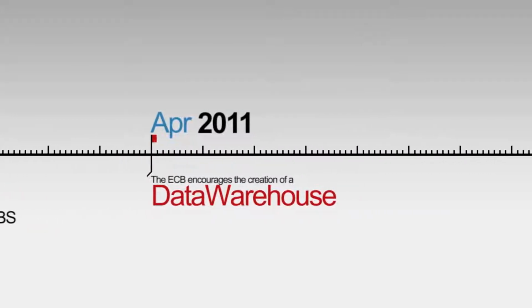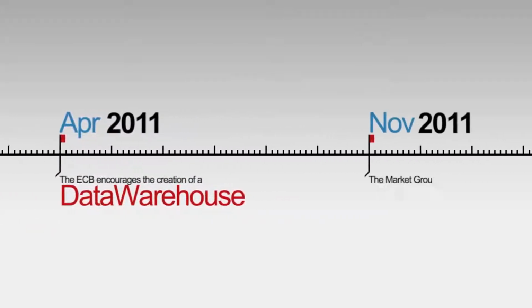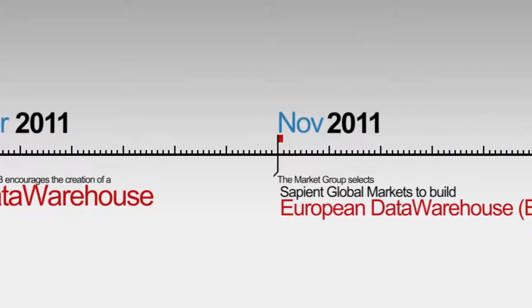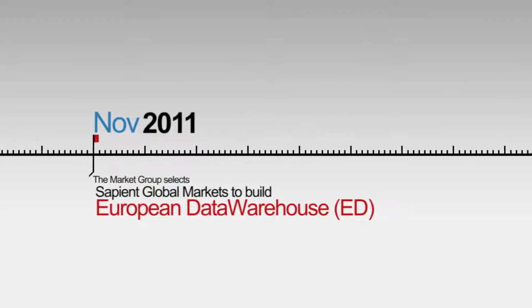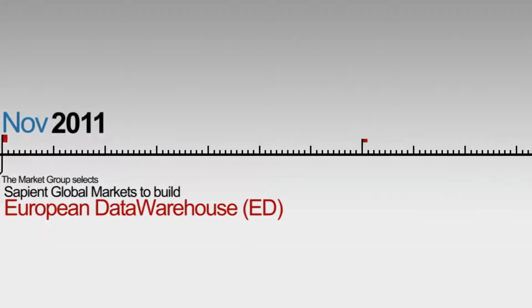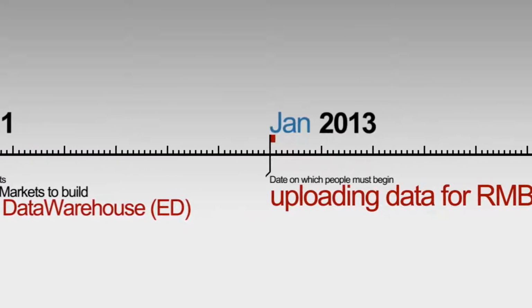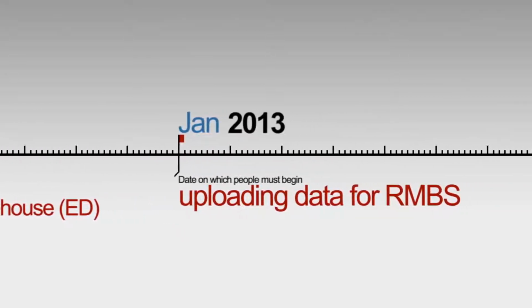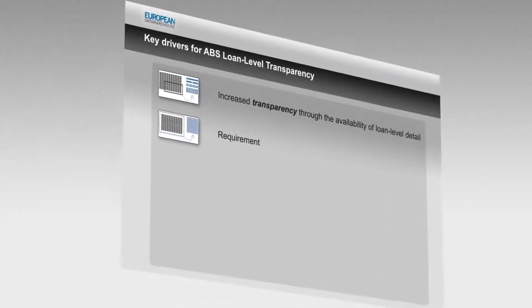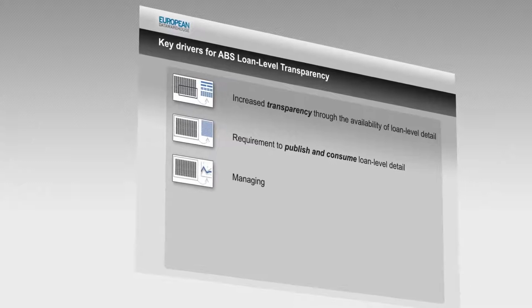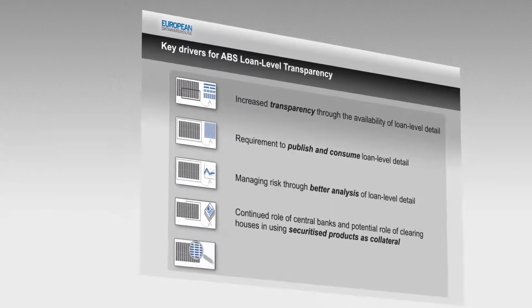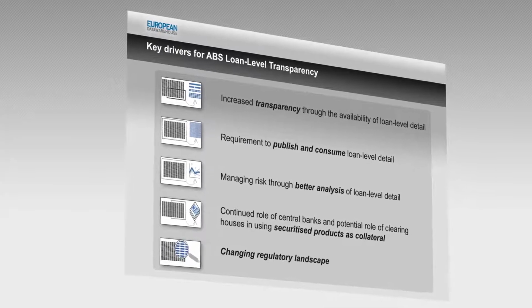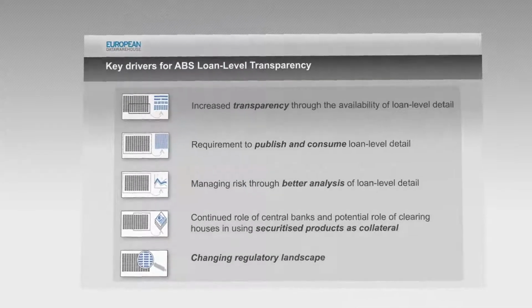Their efforts resulted in a vision to create a European central data repository that would provide visibility to loan-level data by originators, investors, and regulators. Today, that vision is a reality with the European Data Warehouse, or ED. Endorsed by the Eurosystem, ED will help data providers, originators, and investors process, submit, and verify loan-level performance data for assets that are being used as collateral under the ECB repo system.